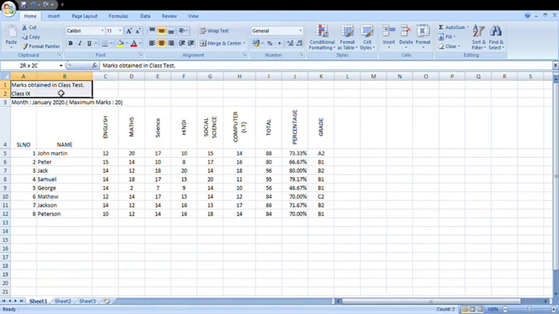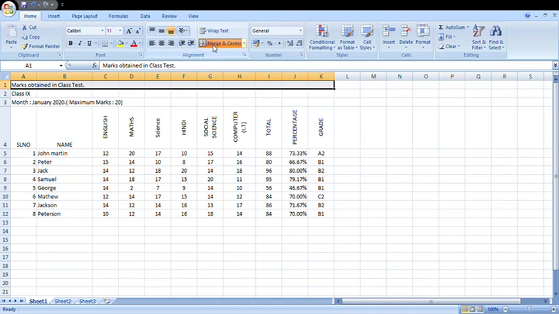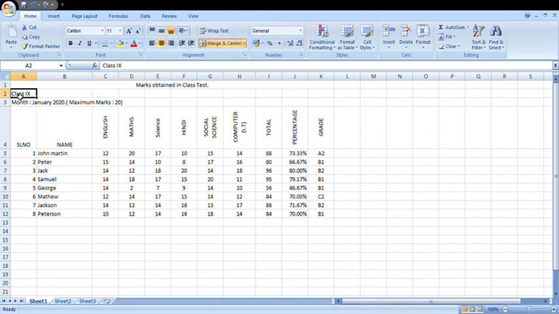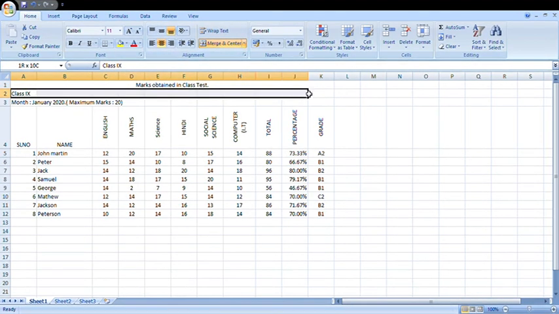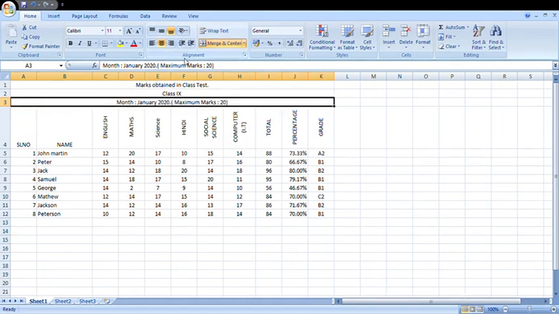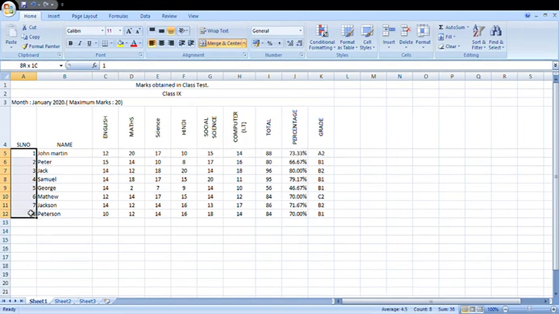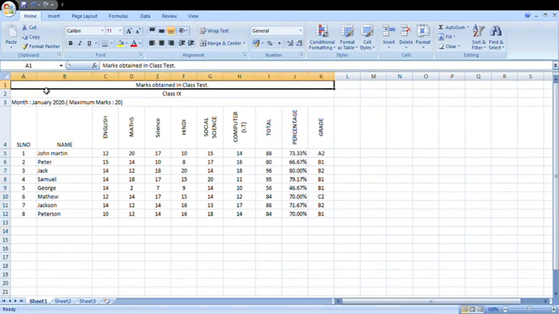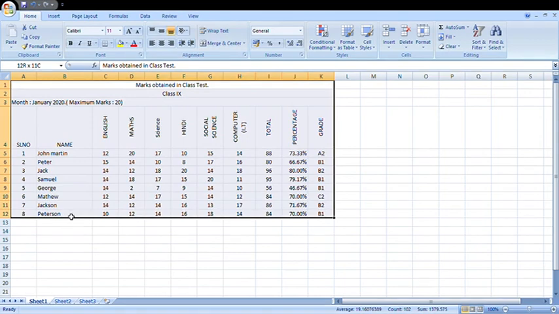Now select from here till gray and merge the cell. From here also, click up to this much and merge the cell, and then you can select it up to here. You can merge the cell, but you can keep it on the left side. Now give the border.